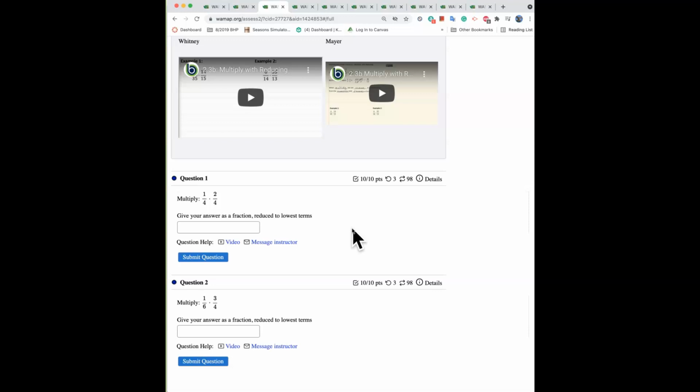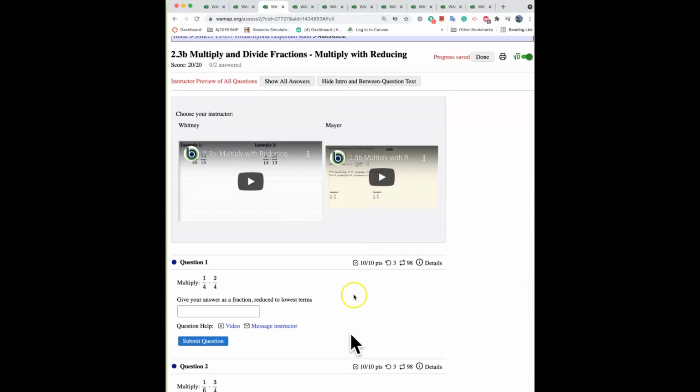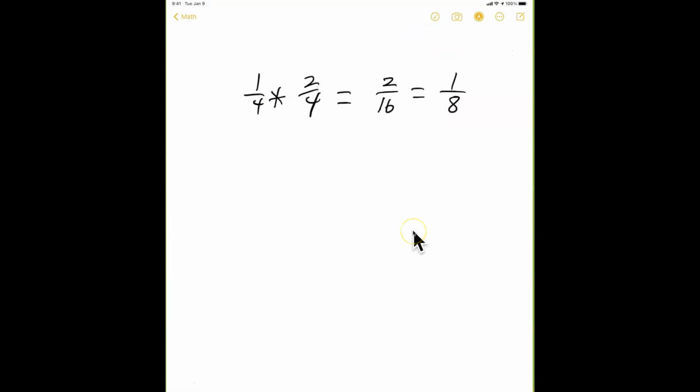Okay, so 1/4 times 2/4. That's going to be equal to 2/16, which is equal to 1/8, right? If we take out 2. Oops, sorry. So 1/4 times 2/4. 1 times 2 is 2. 4 times 4 is 16. And then we can divide both of these by 2, and we get 1/8. So we end up with a unit fraction. And then the other one,